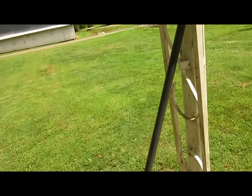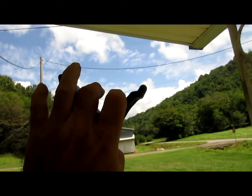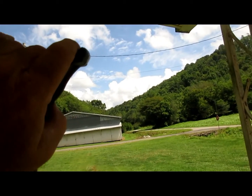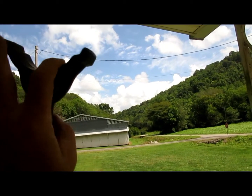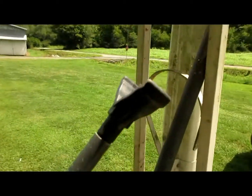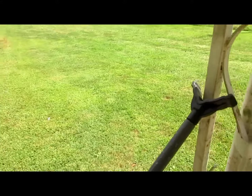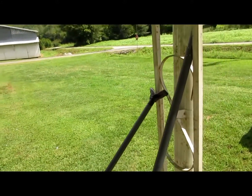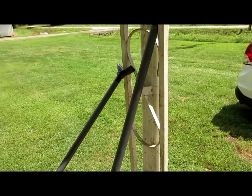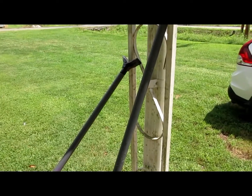I recommend using that wide V, and I showed a video the other day. This fits the contour of bigger trees better, so you can lean this up sideways like that into a tree and use it in a sitting position or a kneeling position, okay, to shoot squirrels, especially as the leaves get down and they start traversing into trees and on the ground, burying nuts, whatever they do, the squirrels,